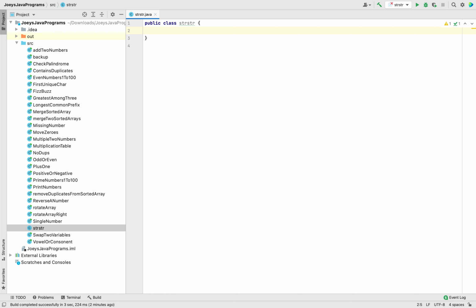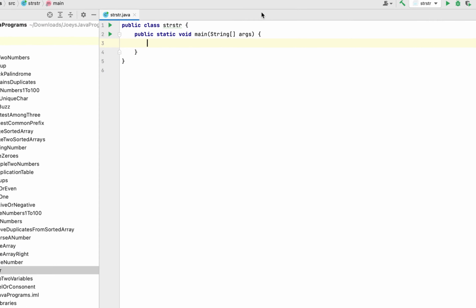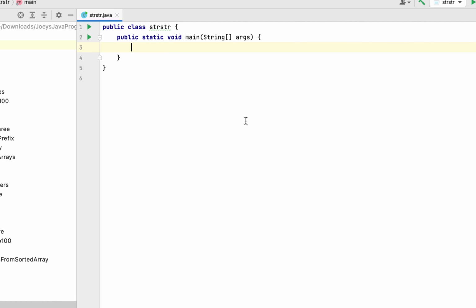I'll begin with writing the main function first, for which I'll simply type psvm, and IntelliJ is going to do the rest of the work for me. The first thing that I'm going to do is to declare and initialize two string variables, needle and haystack. So it will be string needle, and the string that I'm going to assign to this variable will be double L, and then comes the next string variable, which is haystack, and the string that I'm going to assign to haystack will be